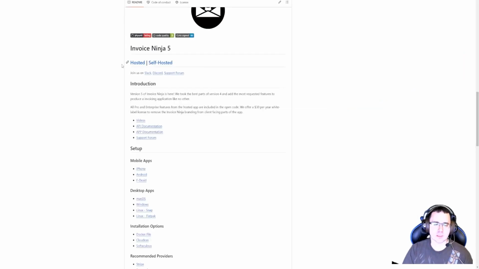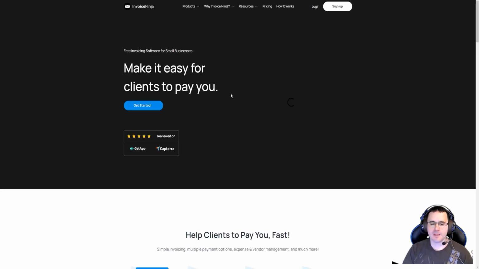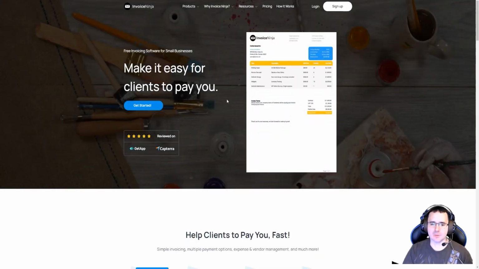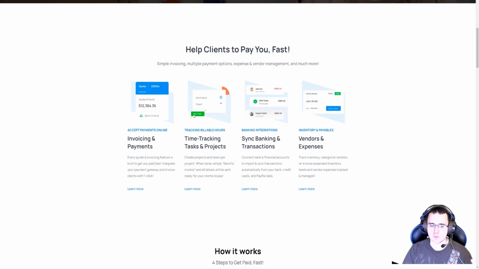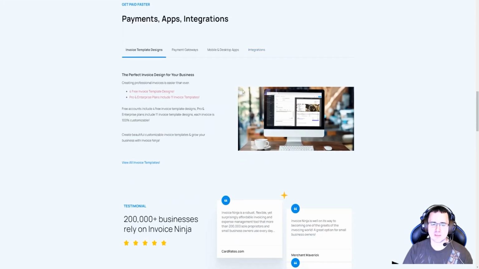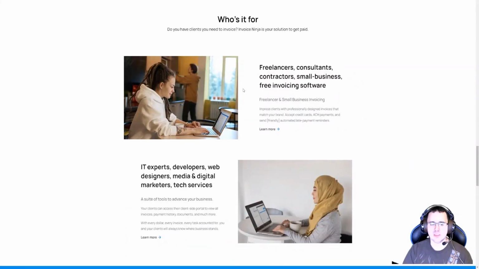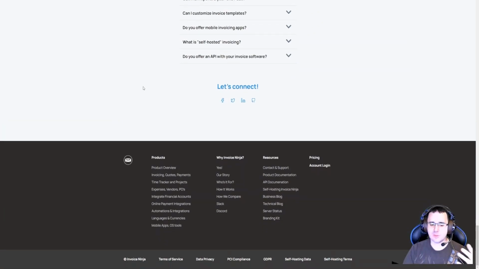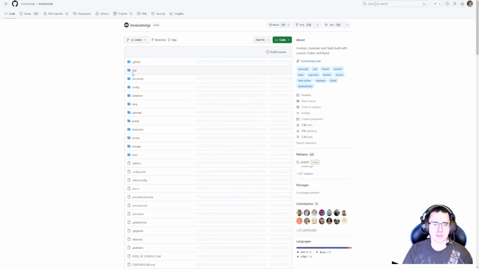If you go here into the hosted link, it takes you here where it tells you about how to use their service where they host it for you. And it tells you what kind of things you can do to customize it, etc. And what you can integrate it to, and all of those things, right? And what you can do with it. And if you go on the section that says